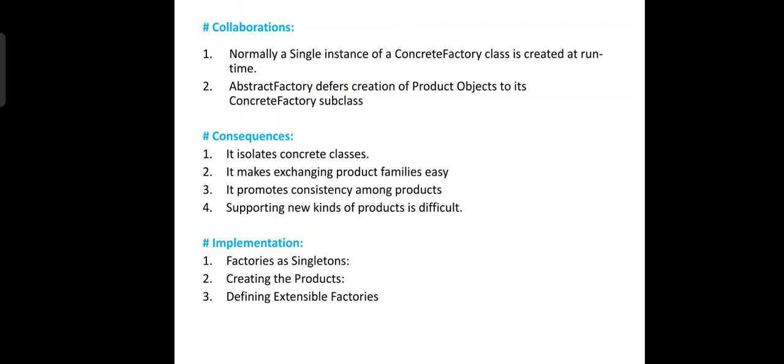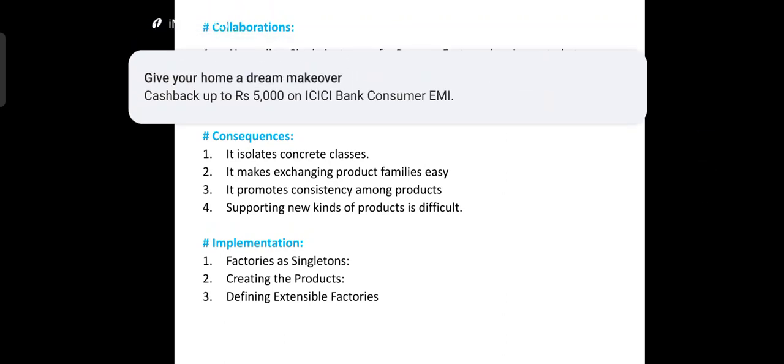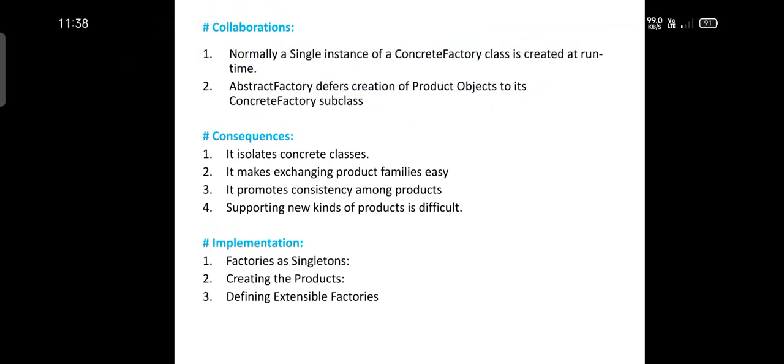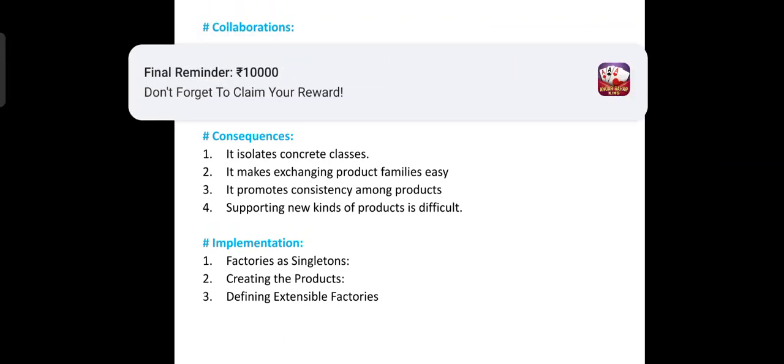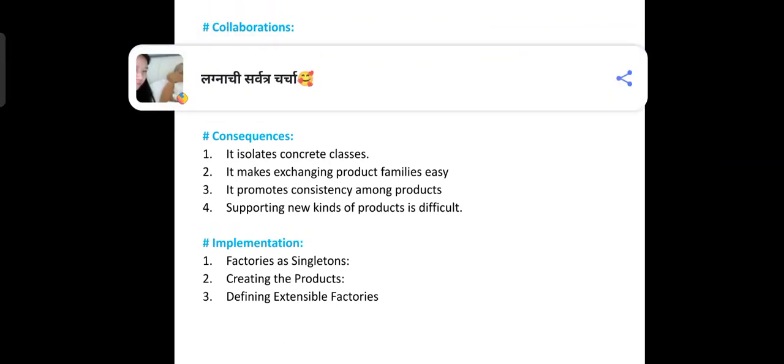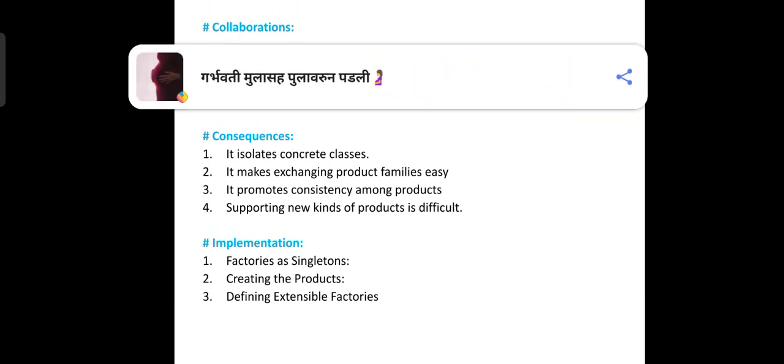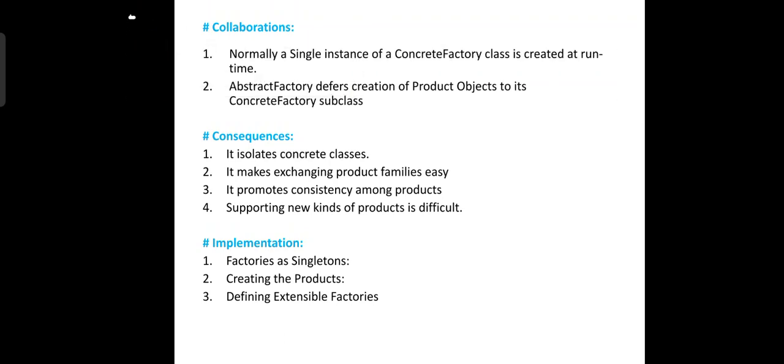Then the second implementation point is creating the products. In creating the products, the abstract factory only declares an interface for creating products. It is up to the concrete product subclasses to actually create them. The most common way to do this is to define a factory method for each product.